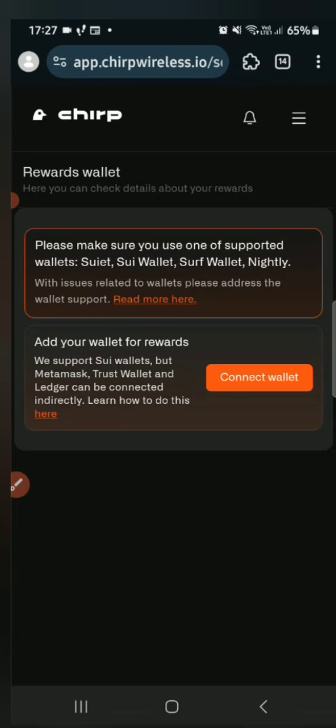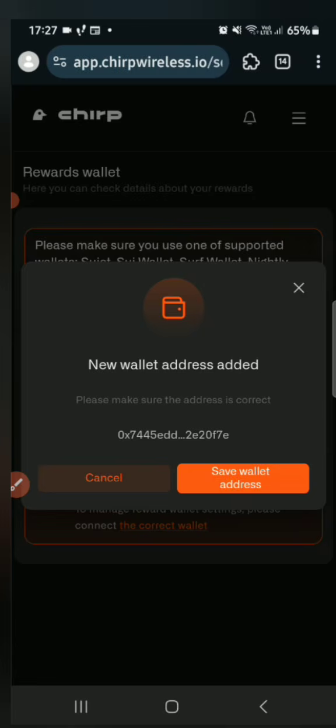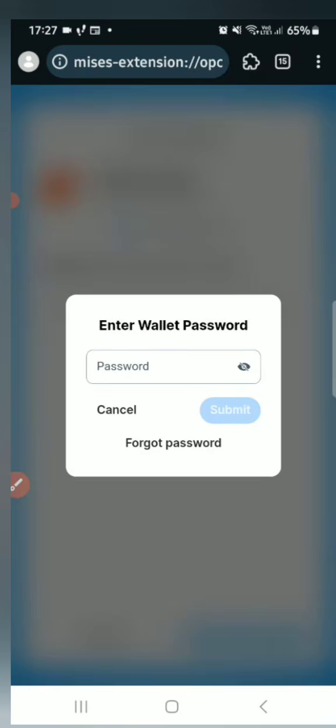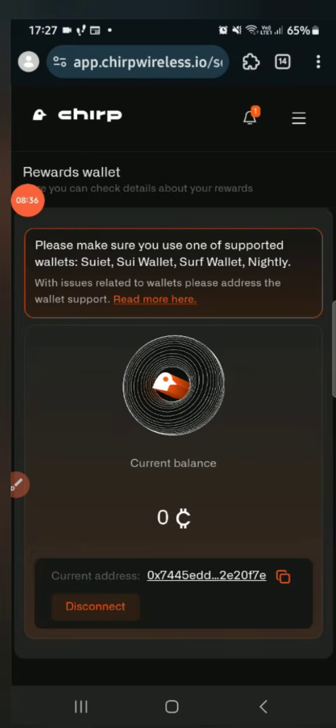It will take me back to the cheap wireless, and I'll click on connect again because I have not actually signed in. I will sign in with my passcode. So I'll click on connect again and do the entire process again. I will save the wallet. So once I save the wallet, it will take me back to the Sui wallet website, and this is where I sign in. So I will enter my password, and once I do, yeah, as you can see right there, my wallet has been